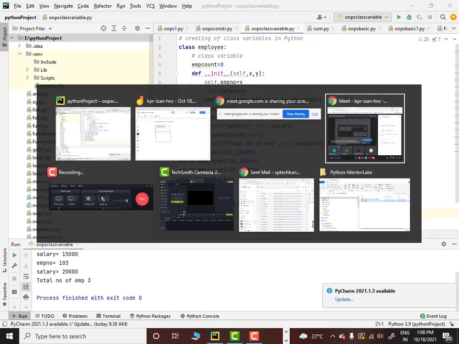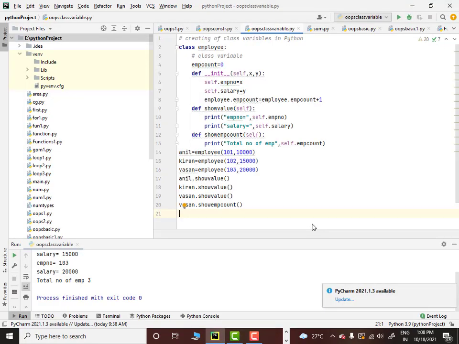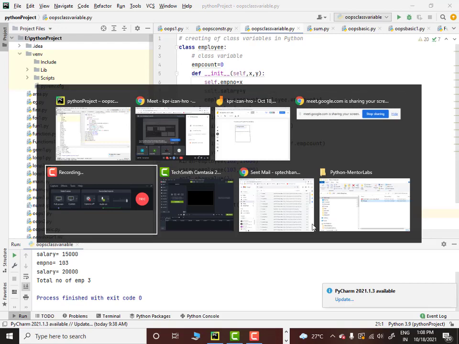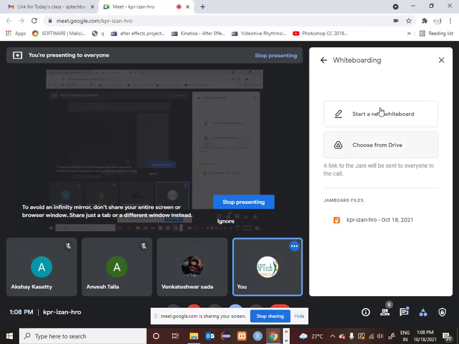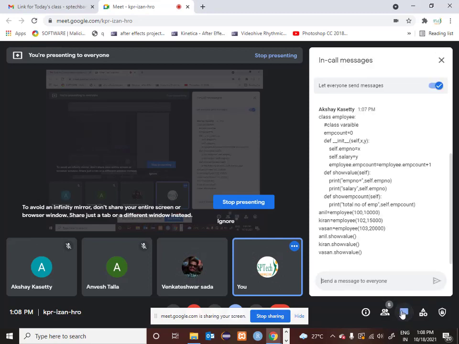Hold on, let me check. You are not displaying this method, Akshay, show employee count. You have to say Vasan dot show employee count, which you have missed. You have defined the method, but you haven't called it. Okay. So it will come.